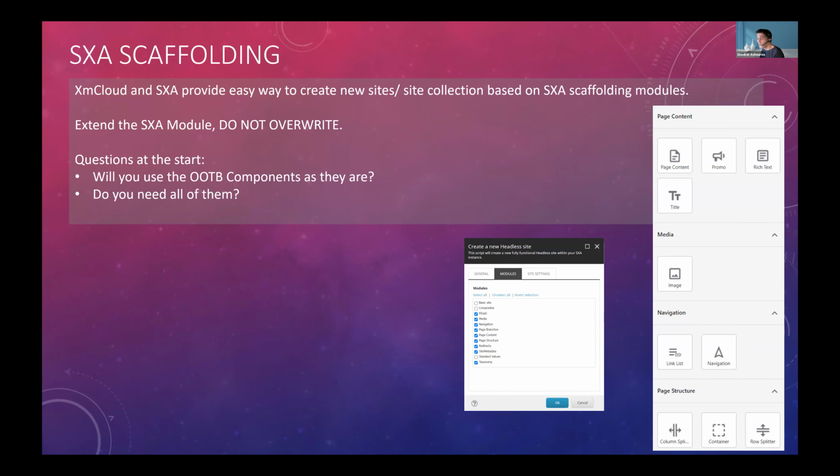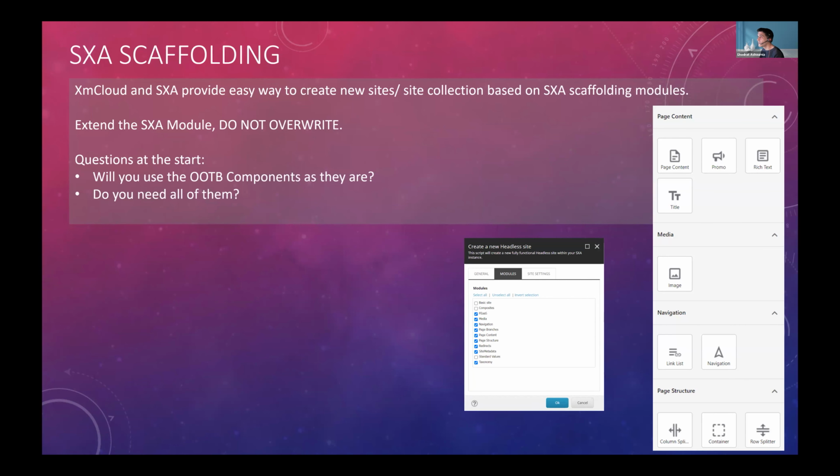The question that you need to ask at this point is, first, do you need all of those modules? And can you use those modules without doing any changes on that component, like a rendering or templates in the Sitecore or on the JSS implementation sites?